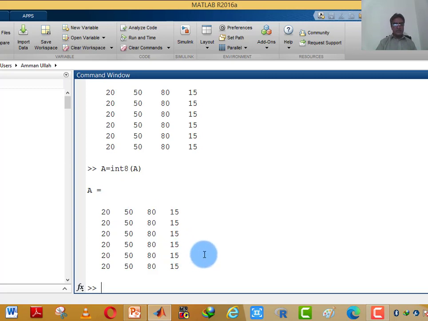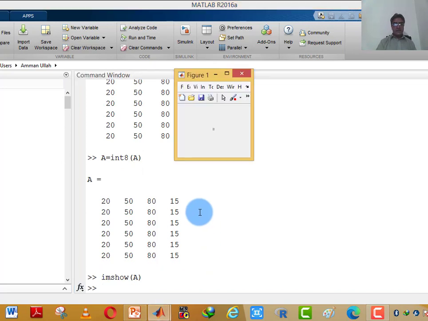I can display these converted values by using the command imshow. Imshow is a command, and here I want to show the image A. When I press enter, the computer displays it.